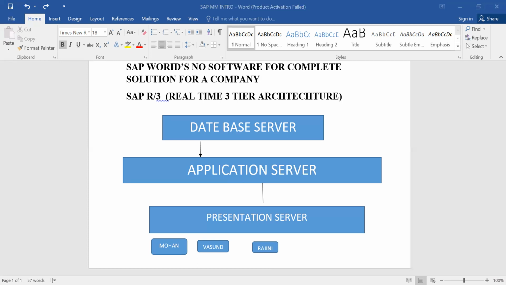So here, Jio purchased SAP software from Germany by paying. Suppose if Jio company wants 100 users, they will charge 1 crore.